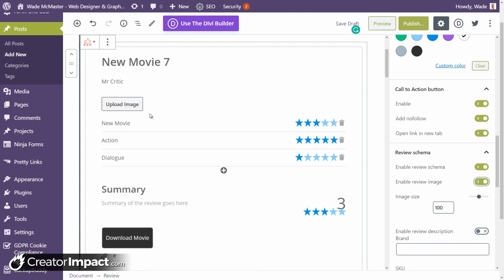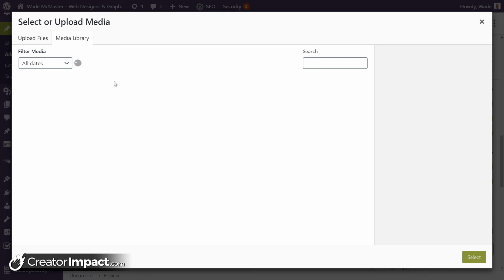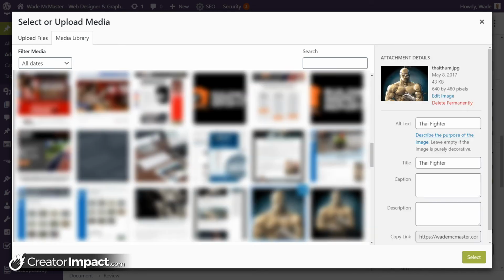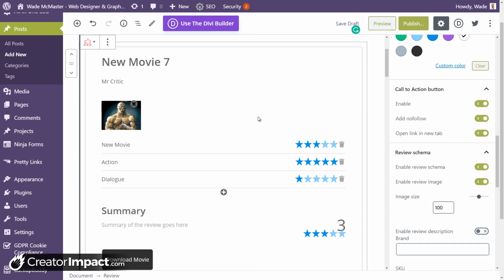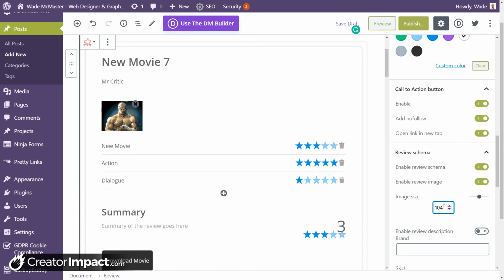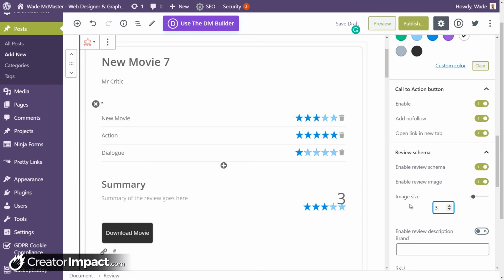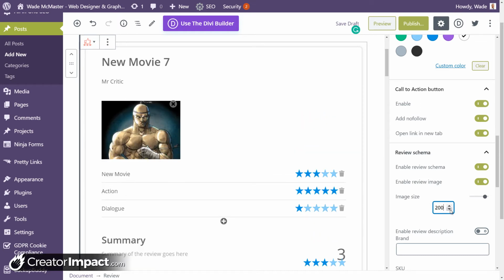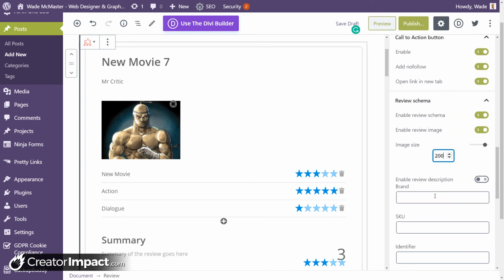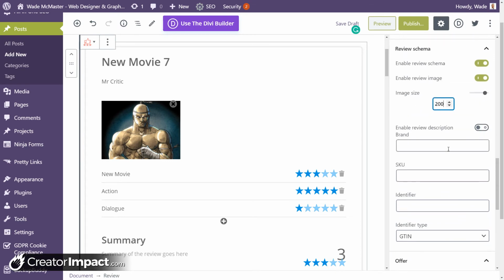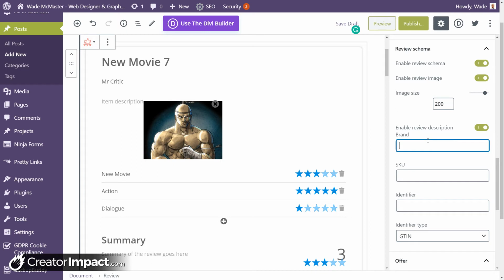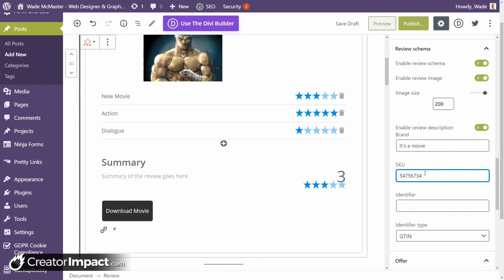So let's pop that on there and let's upload an image from our media library. Add this guy again. So we've got a review image, image size. So that's pretty cool. We can make it 300, or is that too big, too small? 200 is the biggest by the looks of it. Enable review description. Okay, well, let's do that. Say it's a movie. So it's kind of like a product description if you've got an SKU and an identifier. But yeah,